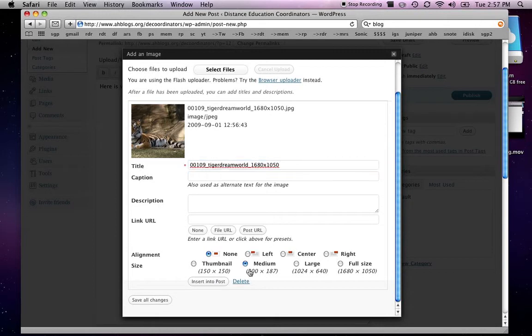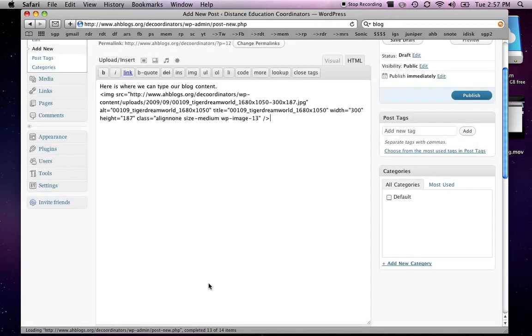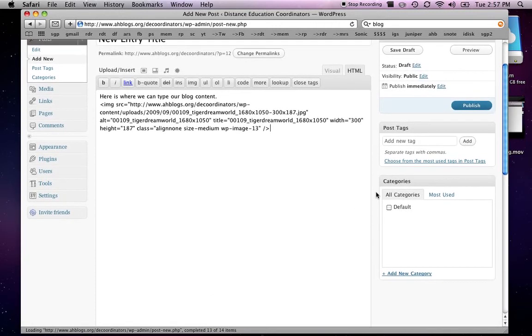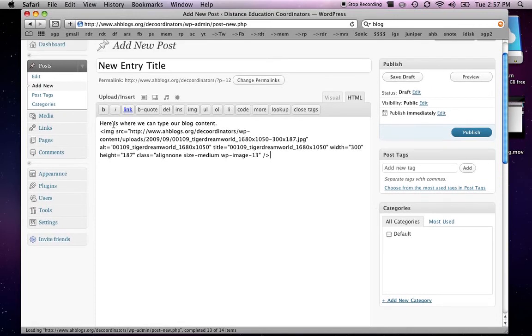WordPress is smart and can automatically shrink images that are way too big, though I can still choose to show it full size if I really want to show the image that big. But I'll stick with medium, and then if I click this Insert into Post link, it'll actually add the picture to my post. Now what you see here is HTML code, which if you don't know how to program looks